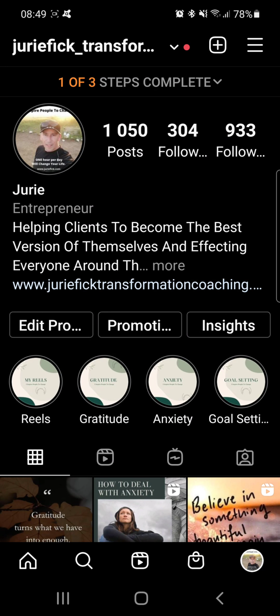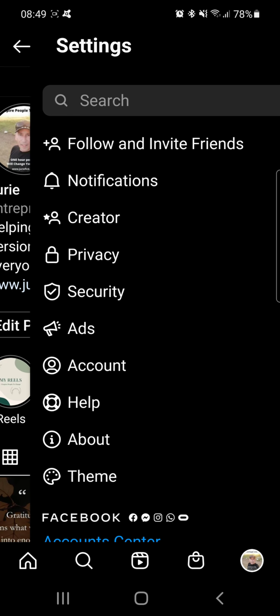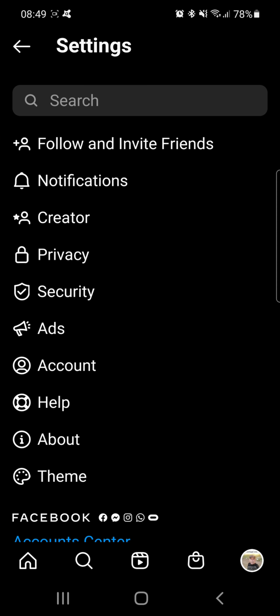Music also disappeared from Instagram. So let me show you quickly how to get it back. You go into your profile, and then the three lines on the top right hand side, you click on that. Then what you do is you go to settings, and in your settings you go to